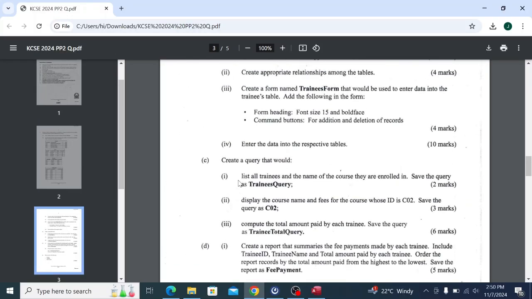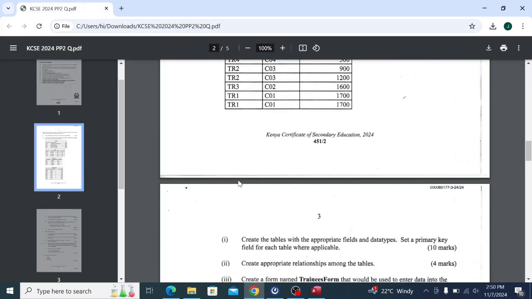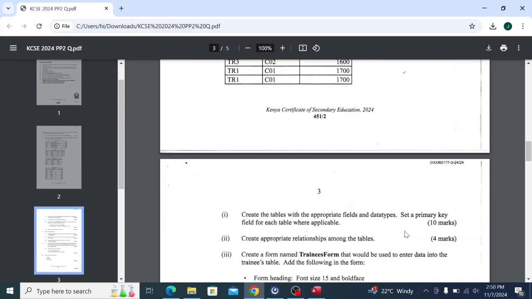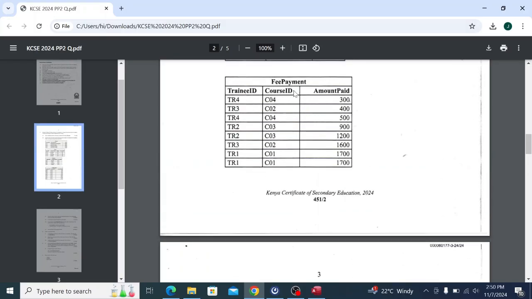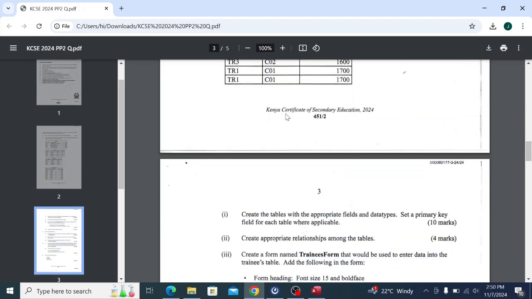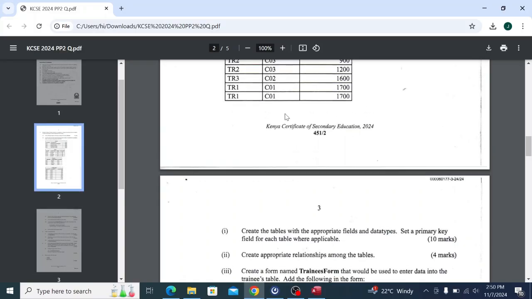In B1, create tables with appropriate fields and data types. Set primary key field for each table where applicable. So we are going to create tables with appropriate fields and data types, and set a primary key for each table where applicable. In the fee payment, there is no primary key, so we will not put a primary key there. So let us start by designing our tables and putting our data types and the fields,